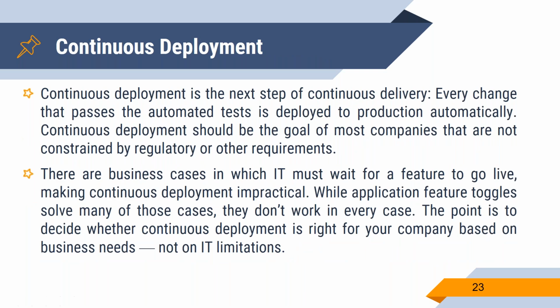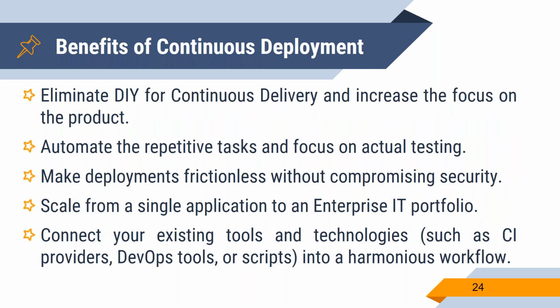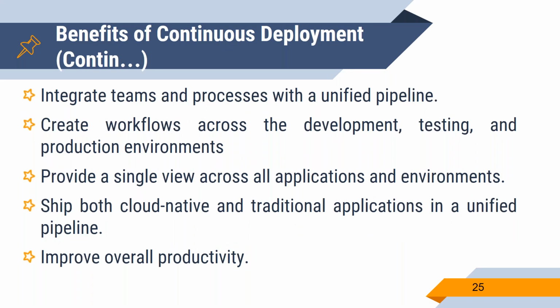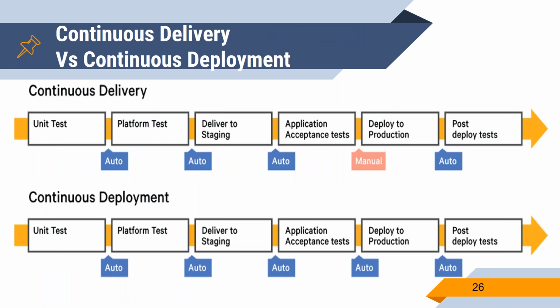In continuous deployment, we will do the deployment in multiple regions, like testing, UAT, MAT, production, pre-production, like that. We'll do it in many different places. It's called continuous deployment. And we have benefits there also: since it is automated, we need not worry about the configuration changes. And this is the main difference between continuous delivery and deployment. In continuous delivery, we will do the production deployment manually, whereas in continuous deployment we will do everything in an automated manner.